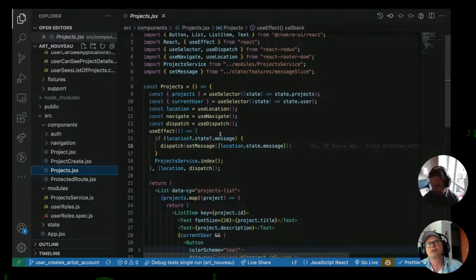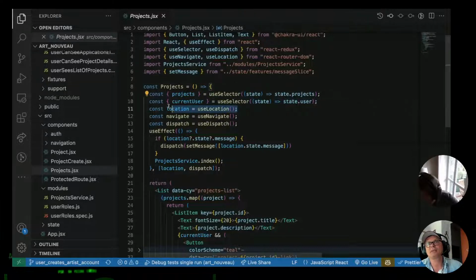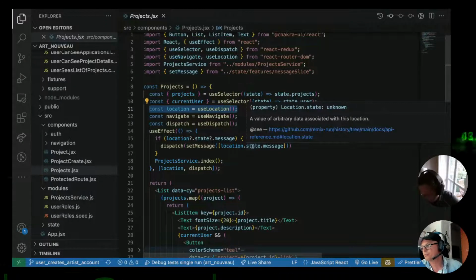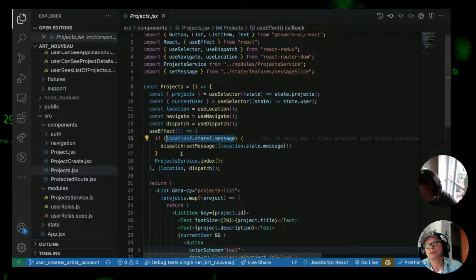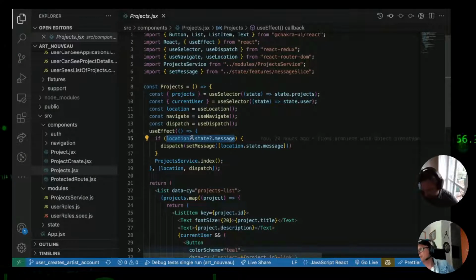And so what I had to do here is add this location, because the state that we are passing in with the navigate component is stored in location state, right? And I also called it message, so therefore I use it this way. We are just checking if there is a location state message. I'm using safe operators because